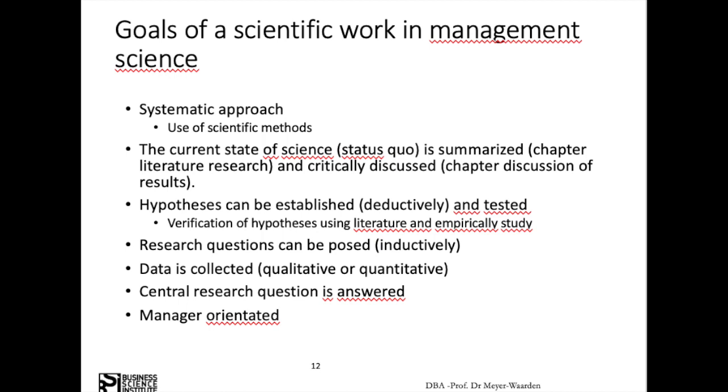Discussion of the results means that you compare your results with the results of the literature. If you find similarities, then you are in line with literature, and this should be stated. If you find different results, you are not in line with literature, and you should explain why. It might come from your data, it might come from the context, it might come from theory. So this is an important action to do in the section Discussion of Results. You should show why your results are different, and you should explain why these differences are observed in your data set.